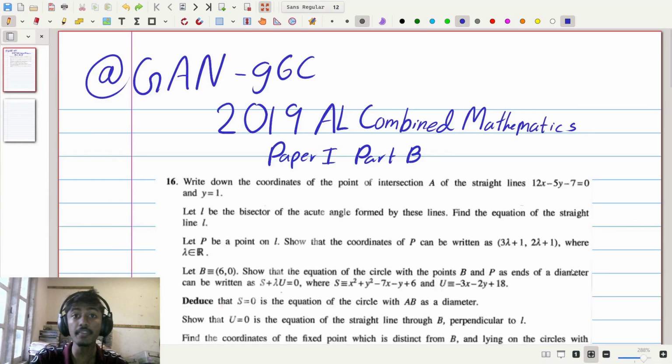2019 A-Level Combined Mathematics Paper 1 Part B question number 16. This question is being done outside of my normal schedule with a special request of user